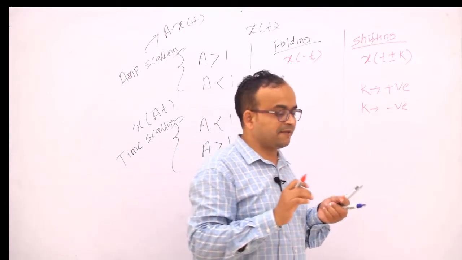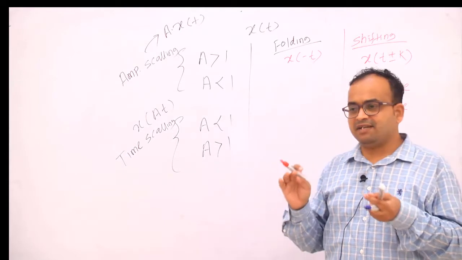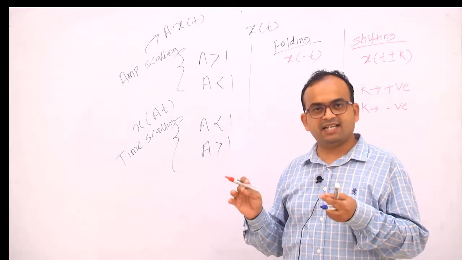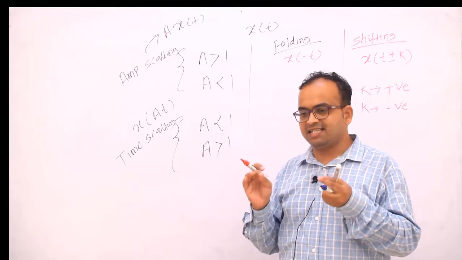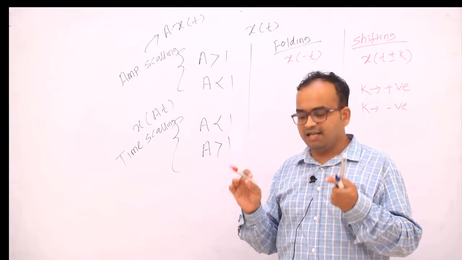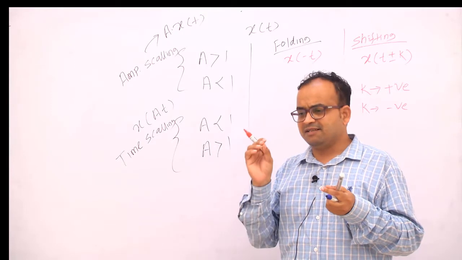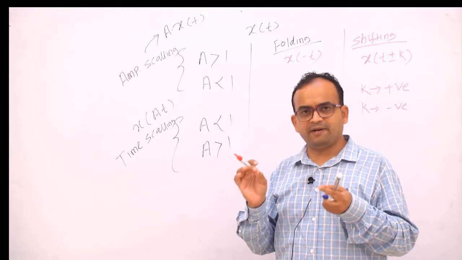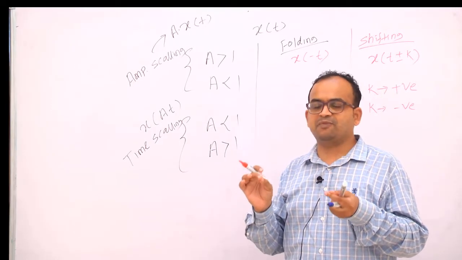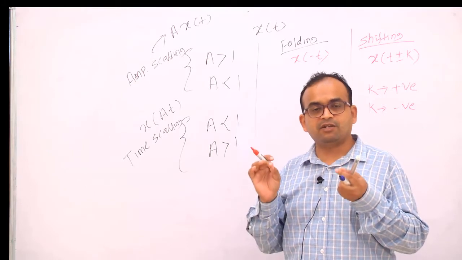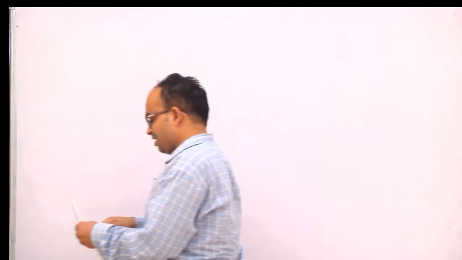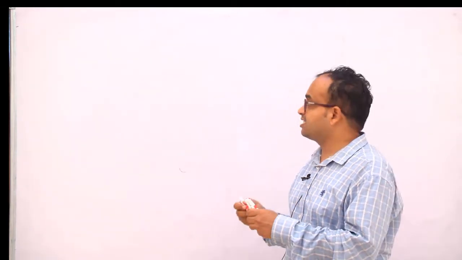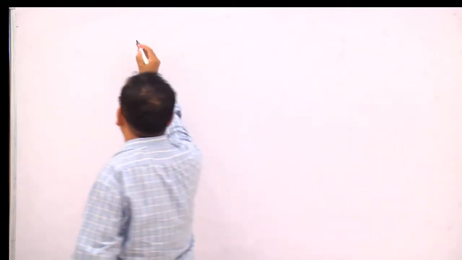But now, I had given some arbitrary examples in the last class, like some triangular wave and rectangular wave. These signals are not standard signals. Now let me take some standard signals. How do we find the basic operations on a signal by considering standard signals? Let us see these things. Let me take a signal u of t, which is a very standard signal we know.